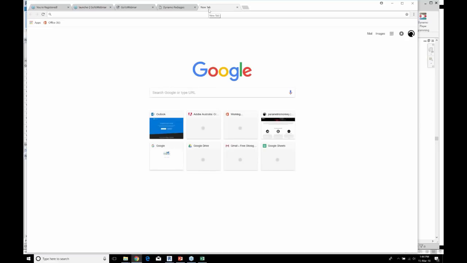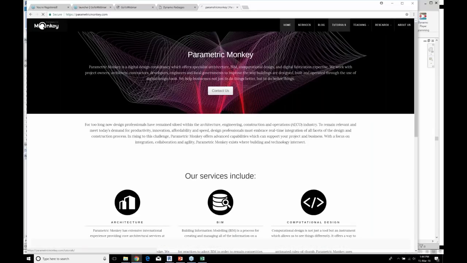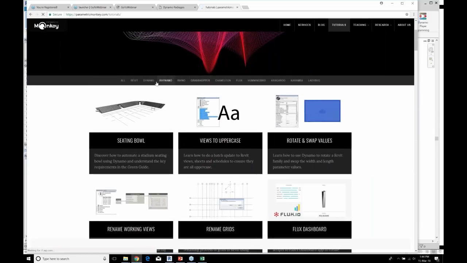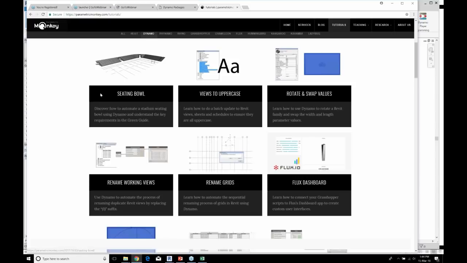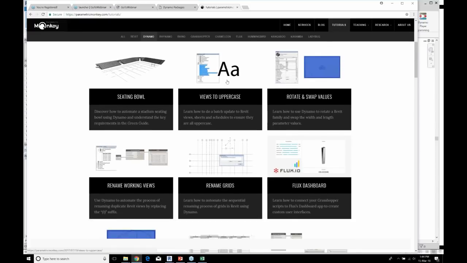And I should also point out that if you're after tutorials, you can go to parametricmonkey.com, and we have tutorials. We can filter by the software that you're using, so let's say, for example, Dynamo. Pretty much all of those custom nodes that were created will have their own tutorial.